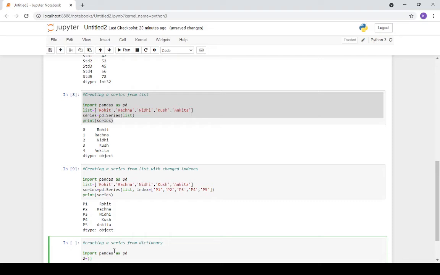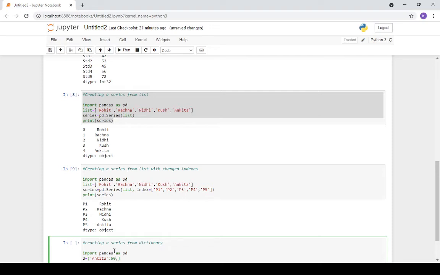Then you have to give the key value pairs. I hope you are already aware of key value pairs. Again, I'm giving some names with some values. Suppose I'm creating the test marks. So you have to use some name here, and then you put a colon and enter the marks here.